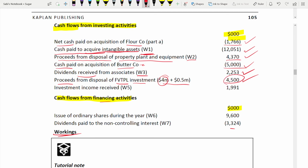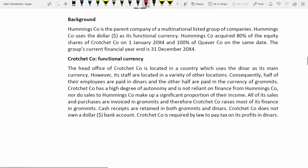Here, investment income is working number 5. Why? It comes under investing activity. All these items were from statement of financial position, except this. This is from profit and loss. So after you are done with statement of financial position, this is the order, you can even do it in your exam. Okay, I used to do this, and it's a great time saver for me. I don't have to think what amount should I take, what is the order. No, everything is set in order. So statement of financial position, if you see all this,